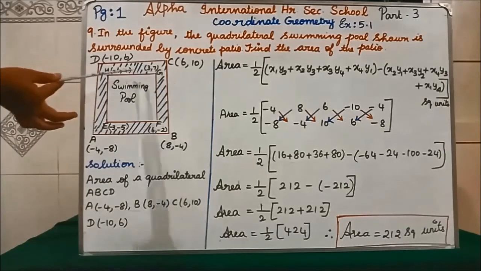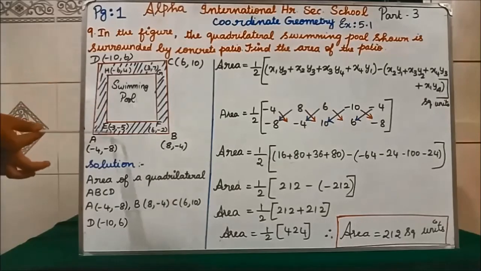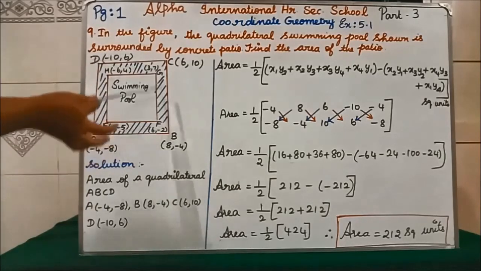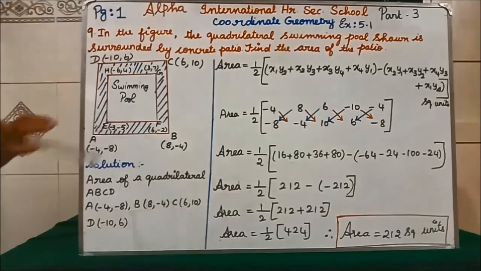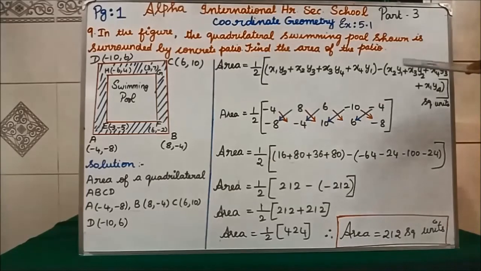They have given 3, 7. First quadrant, second quadrant, third quadrant, fourth quadrant. The same order they have given. For this problem, you need not draw the quadrilateral in the graph. Okay, you can straightaway start the problem. Now, see, the area of the quadrilateral formula I have written here, and we know the vertices A, B, C, D, isn't it? A is equal to, how will you write now?